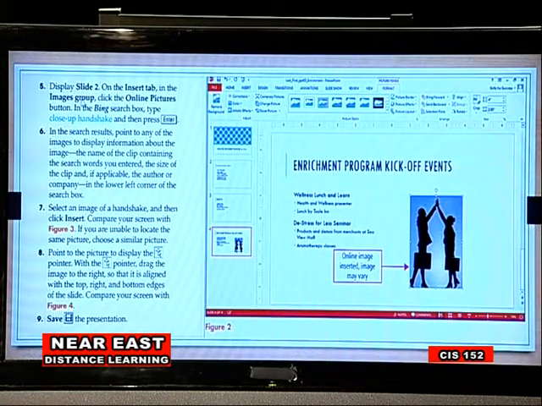Number 5, display slide 2. On the Insert tab in the Images group, click Online Pictures, and in the Bing search box type close up handshake. This is a picture we downloaded from the internet. As we see here, the online image is inserted. So we added it to the second slide, and we have here the list that we added, here the topic, and here we have the picture we just